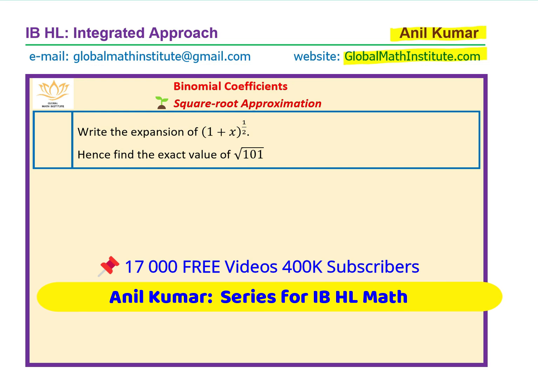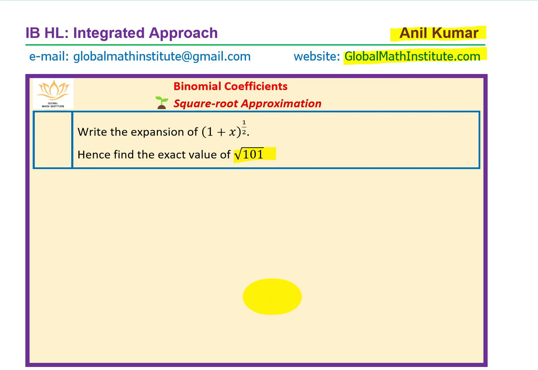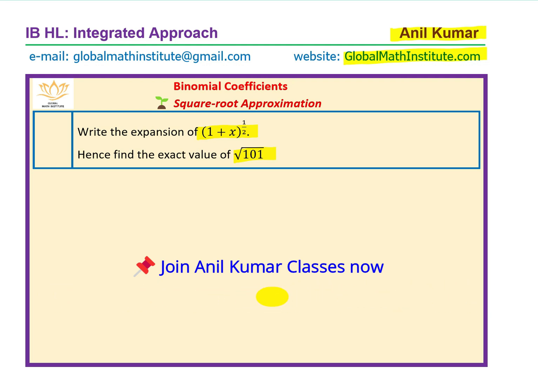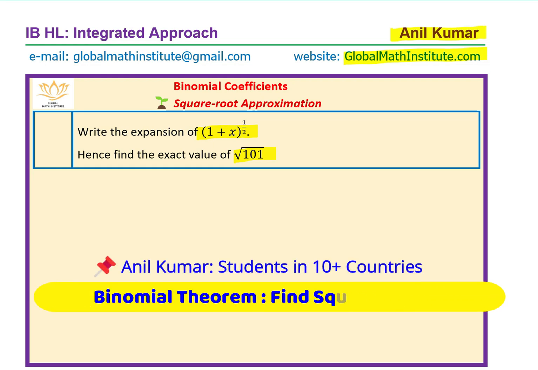In this video, we'll discover how to find the square root of 101 without using a calculator, accurate to 2 or 3 decimal places, and we are going to use the binomial theorem for that. In our series, we have 4 different ways of finding square roots without a calculator. Now, to find the square root of 101 without a calculator, we'll look into the binomial theorem, which is also